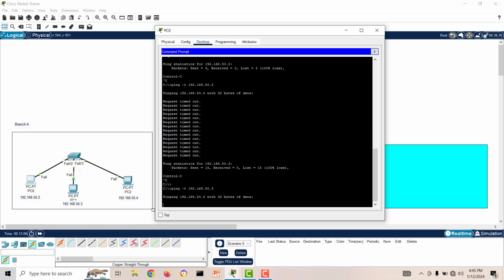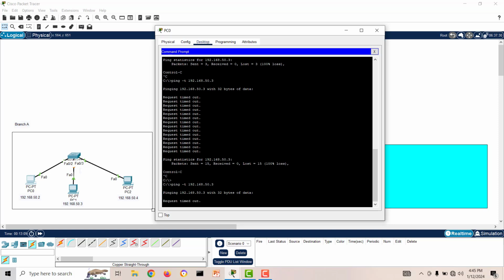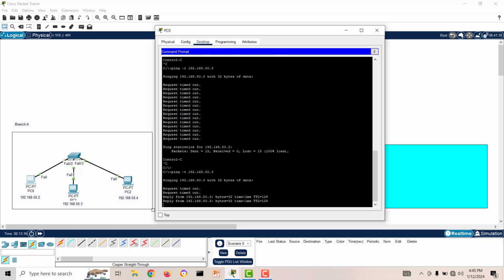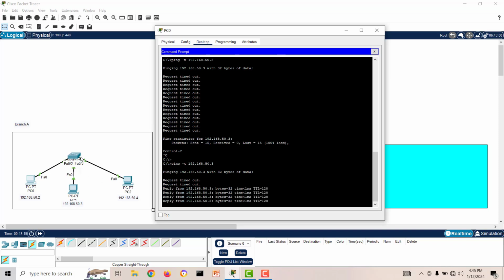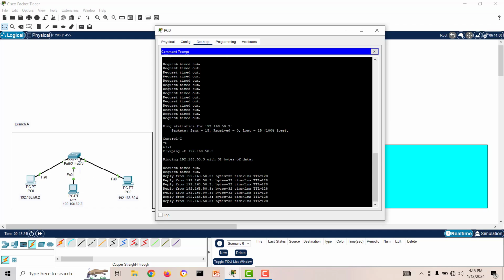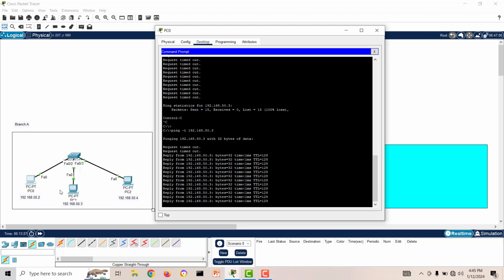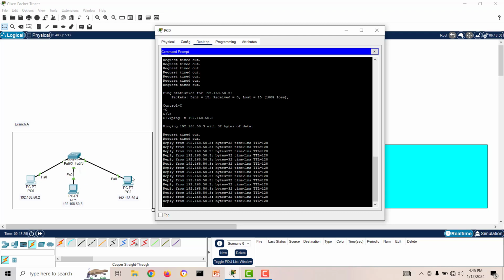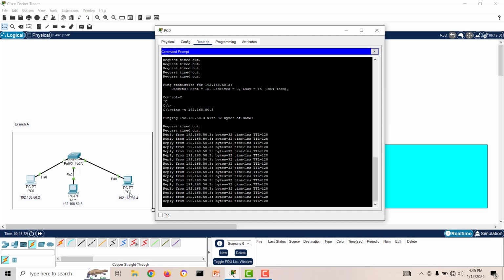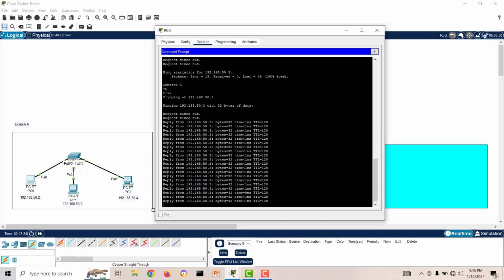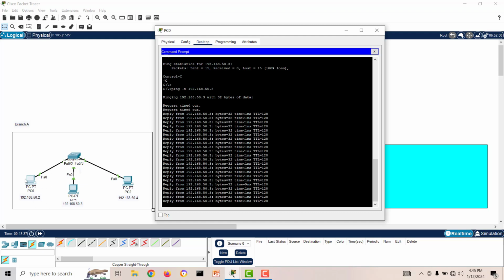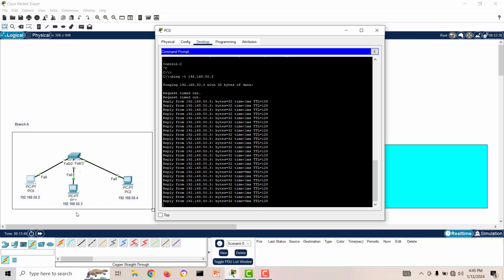So this computer is in the same VLAN. After a little time, it's up now, green, and you will see the ping is coming, because the switch was doing some modifications. So now the ping is coming from these two, they can ping, but these two cannot ping the other PC number 2, because this PC is still in VLAN 1, but these two computers are in VLAN 10. That's why they can ping each other. But the third one, if we go back,